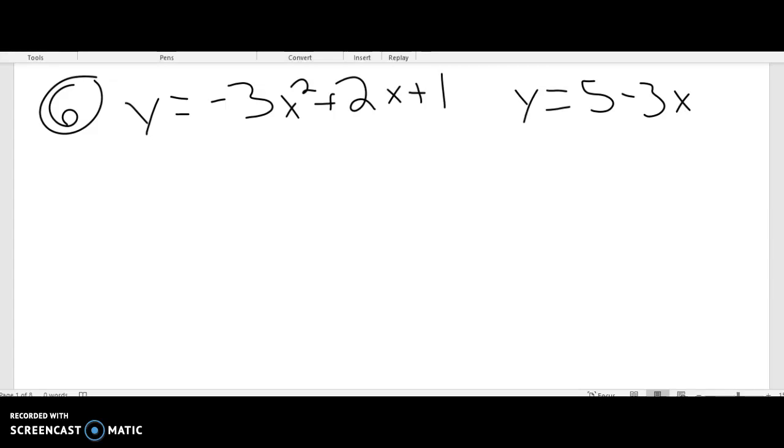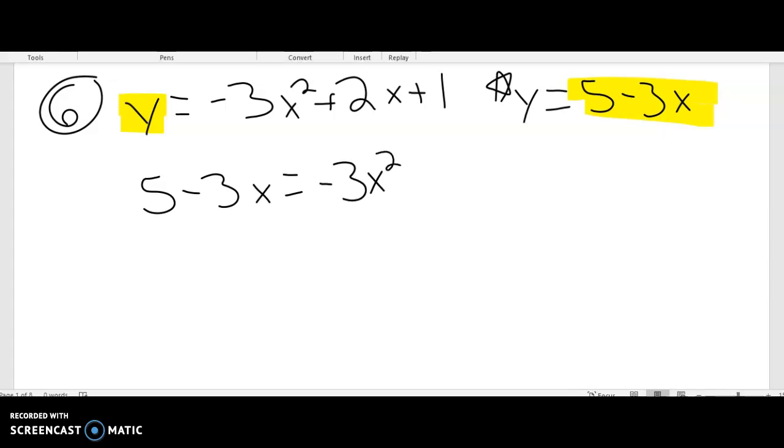Well, I'll tell you right now that this is going to be the one that if we have any solutions that I'm plugging and chugging in, because that's a lot easier for me than dealing with the other ones. So I'm going to try to remember that as we go through here. All right, and again, we're doing substitution. So anywhere that I see a y, I'm going to substitute in this 5 minus 3x. So when I rewrite my equation, I'm going to have 5 minus 3x equals negative 3x squared plus 2x plus